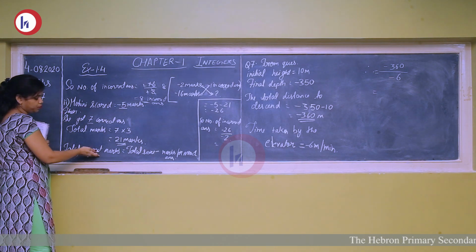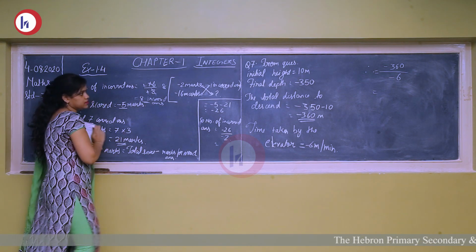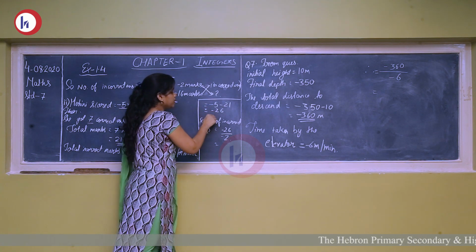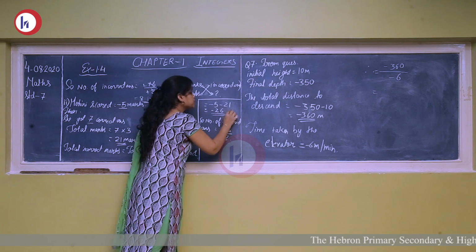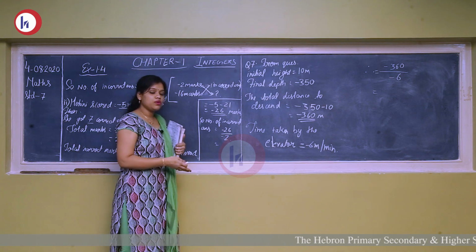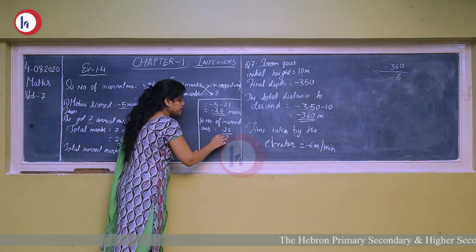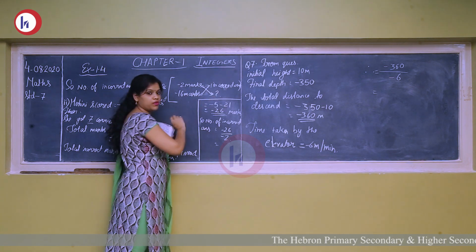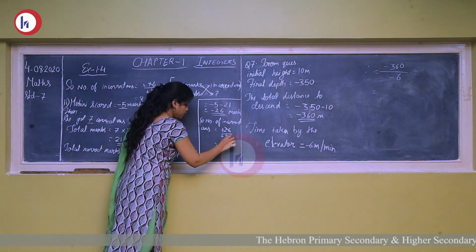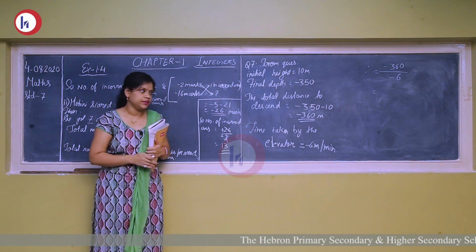So we have to find out what are the marks for incorrect questions. If you want to find out for incorrect, you have to do total score minus marks for correct answers. That means minus 5 minus 21. If you see, you will get a total minus 26. That is minus 26 marks she gets for incorrect answers. So how many number of questions she did incorrect? To find that, you have to divide minus 26 by minus 2. As you know, minus 2 marks are given for one incorrect answer. So if we divide, minus minus sign gets cancelled. 26 divided by 2 will give you 13. That means total number of incorrect answers are 13.